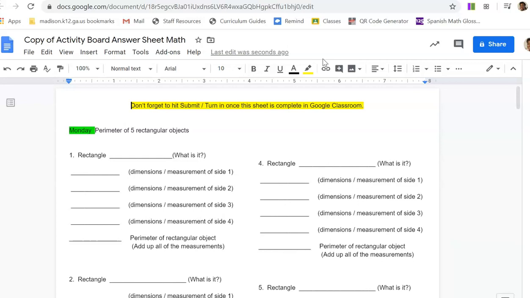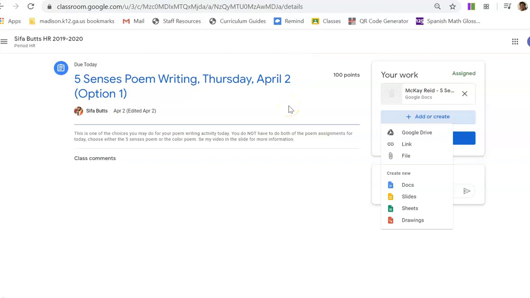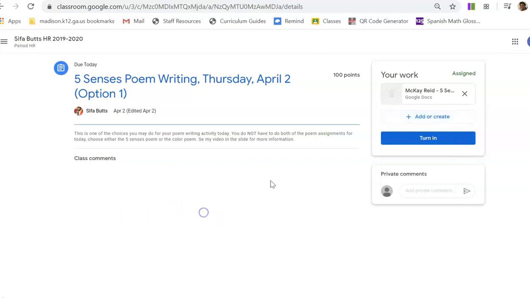All right, I have my little checklist over here, so I'm making sure I'm going through everything that I wanted to show you. Let me get rid of that. The other thing I wanted to show you is how you would upload your document before you submit it. So I'll take you again to my daughter's Google Classroom, and we've already clicked on the assignment that is due today. And if you look over here on the right side, right before it says turn in,